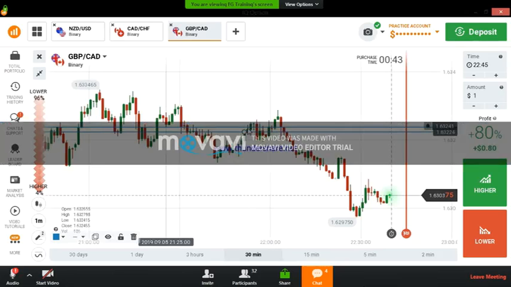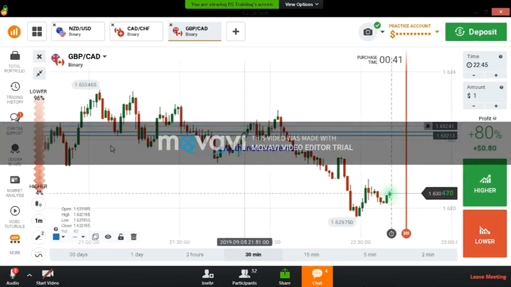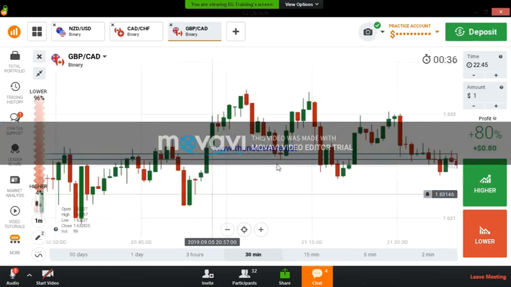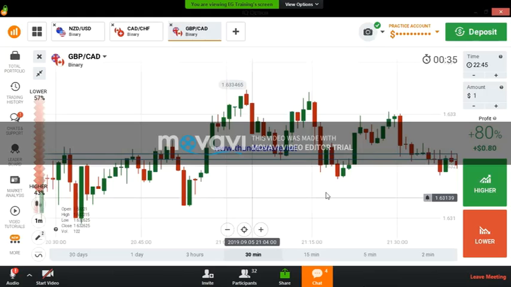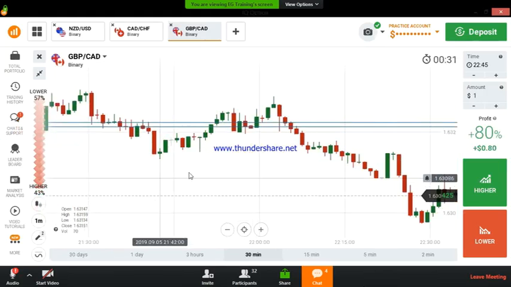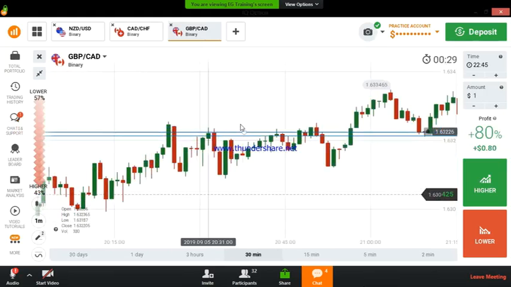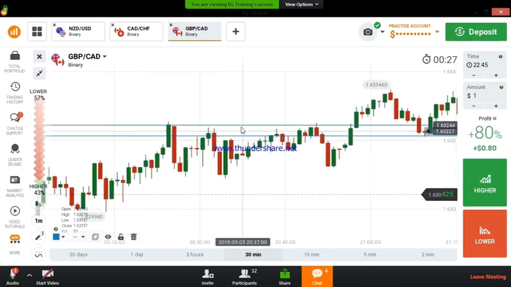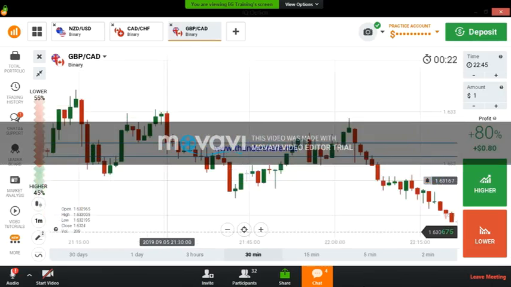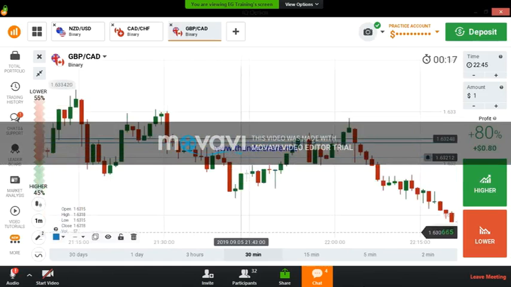We can draw like this too. It's not a problem. But if you draw the level here like this, sometimes it is respected, sometimes it is not respected, right? But if you draw the level like this, here the market is reversing, and here also there is a level, right? Here also there is a level. If you draw like this, then we will come to know the market is respecting this level, right?